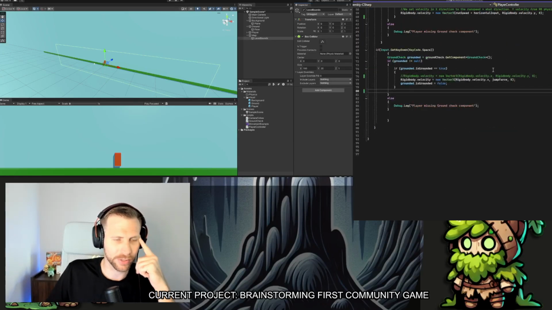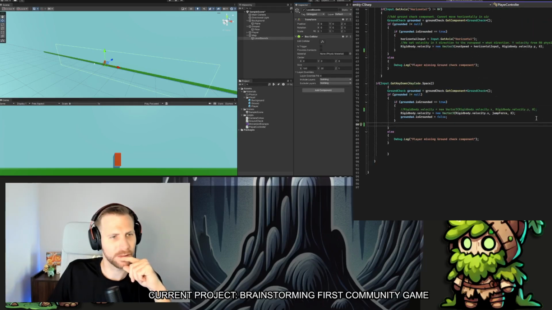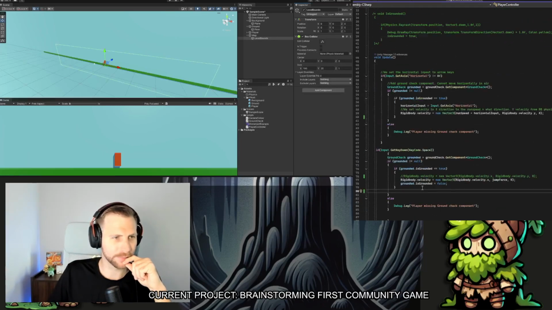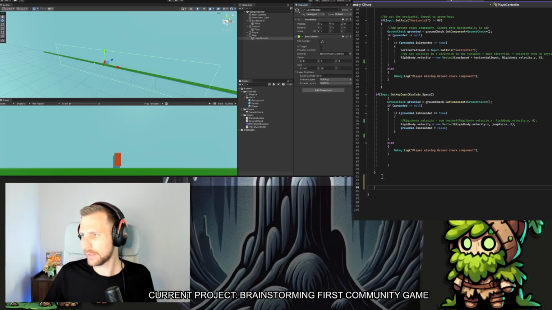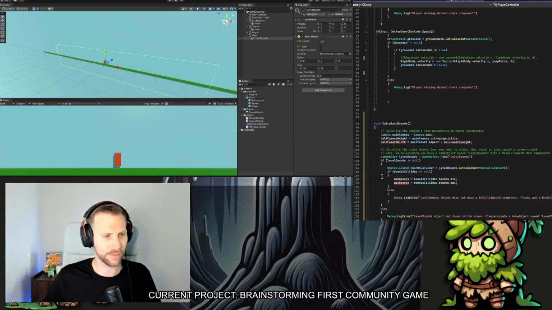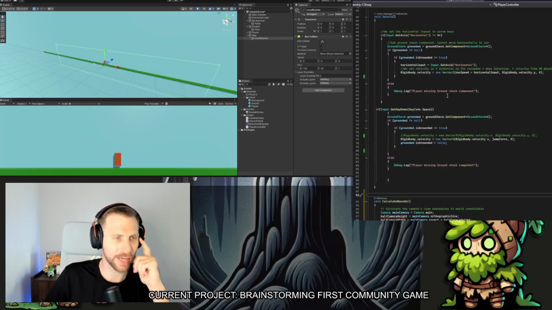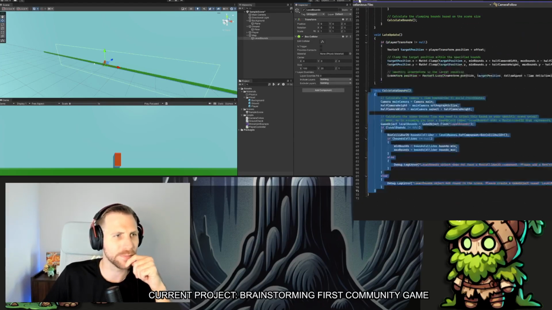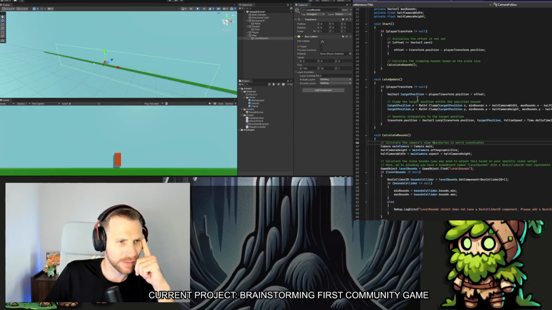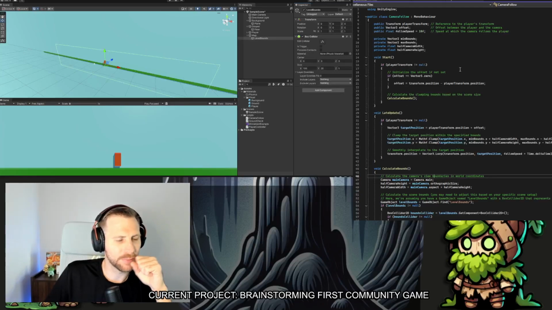So we went on the player controller and also the camera. Right, we want to not let it go beyond that. So calculate bounds. When do we initiate that? If player transform